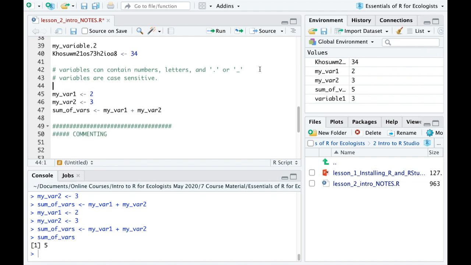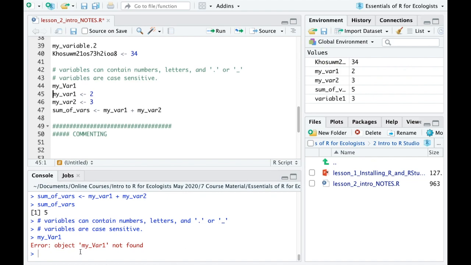So if you did my var1, notice the capital V, and you try to run that, you'll get an error, my var1 not found, because that is actually a separate variable name, because that V is capital. So that's another important thing to keep note.